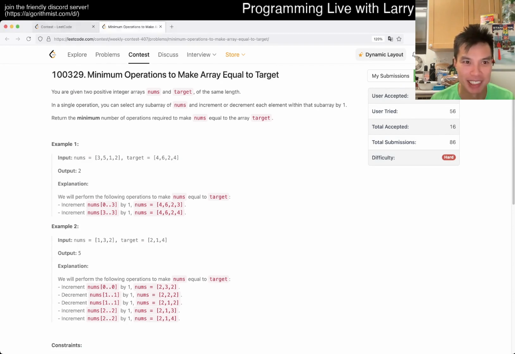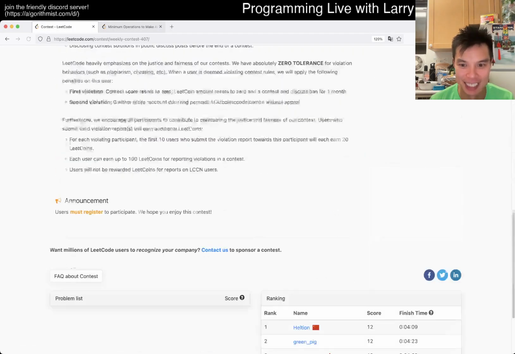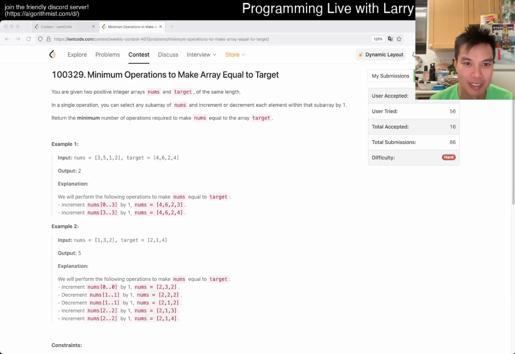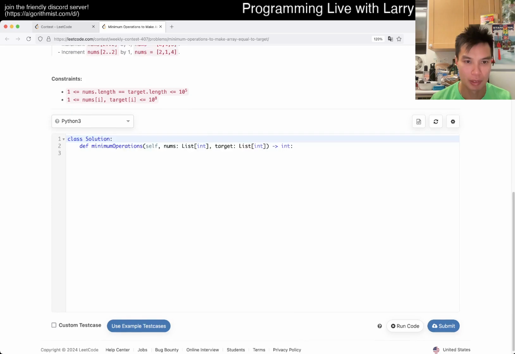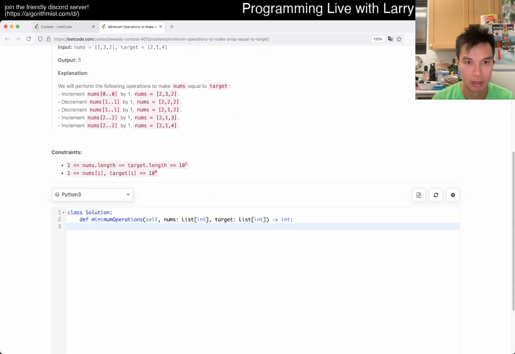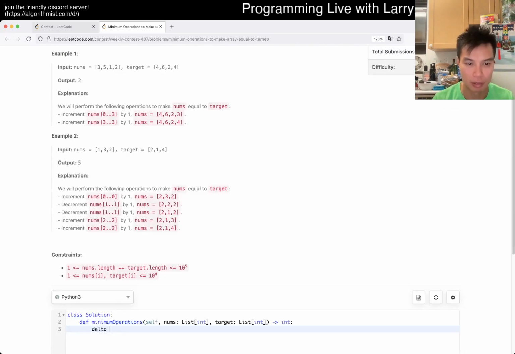Is it ChatGPT? Okay, so let's say we have a delta array, right? That's probably easier to handle. Okay, so delta is equal to